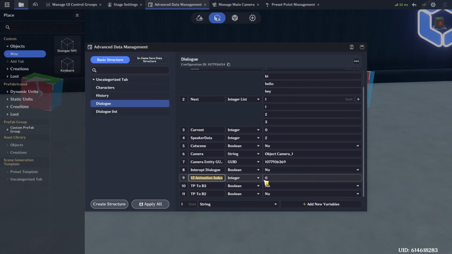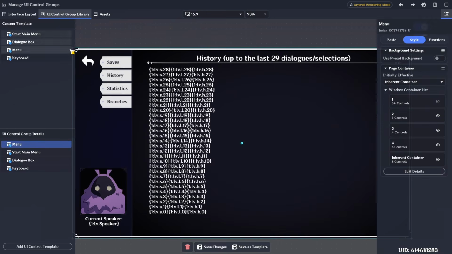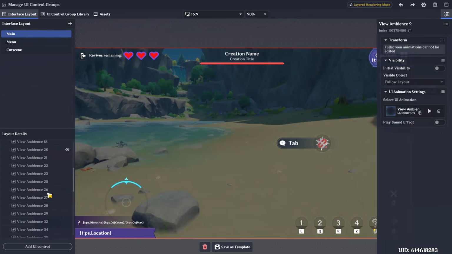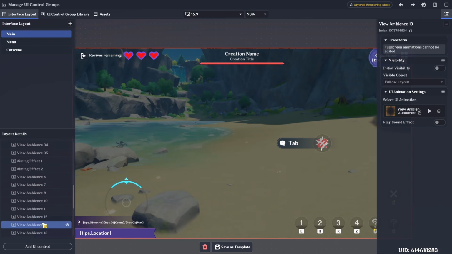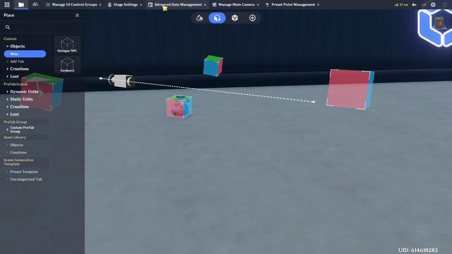The UI animation index is for playing the full screen animation in the player's UI. I've already put all the possible full screen animations in the interface layout. As you can see, I have it all here. So if you want to add it to the dialog, you just take the index from here and copy it